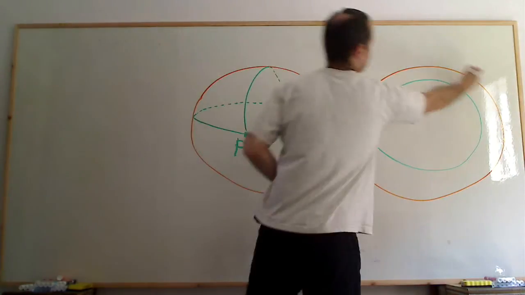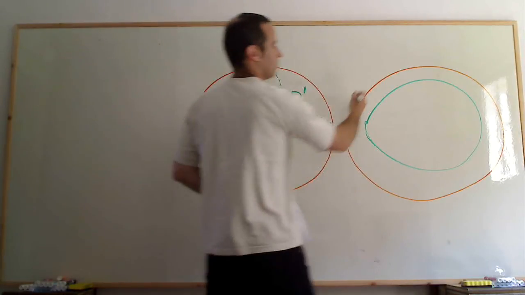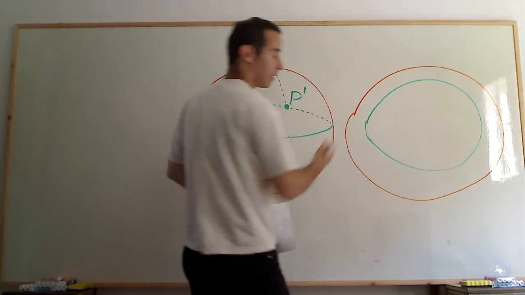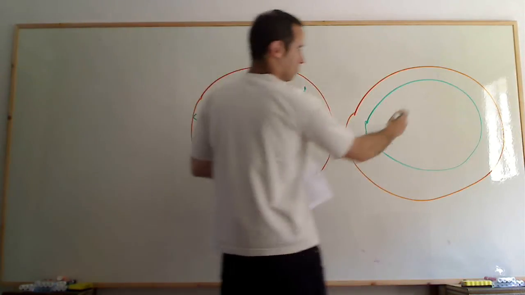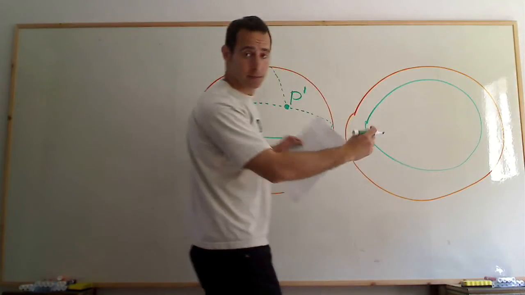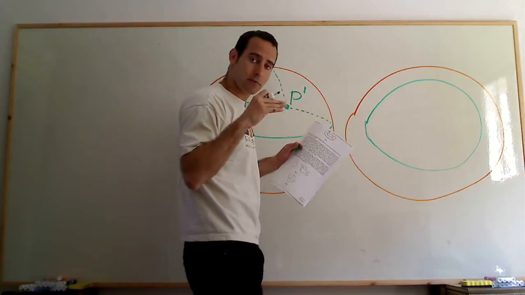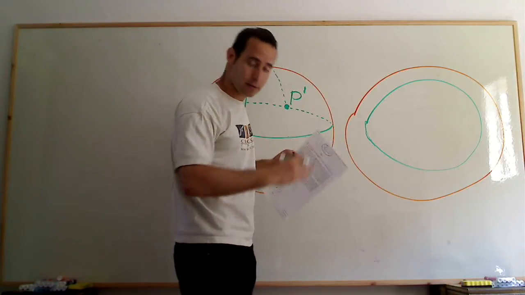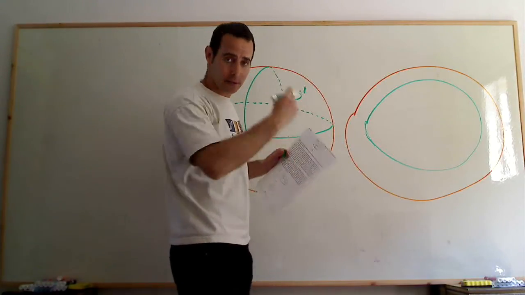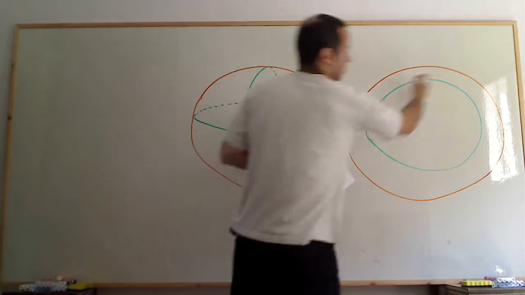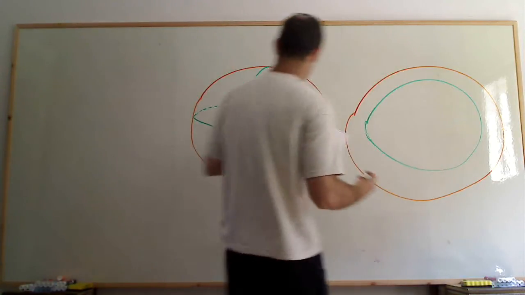It was supposed to be on the perimeter, but we can squeeze things. We can make them smaller. In topology, it doesn't matter as long as we don't make holes or cut a line. So we can make it smaller, and